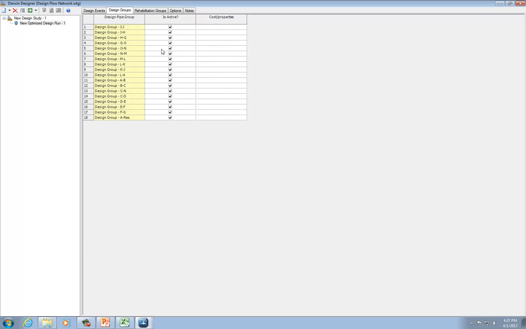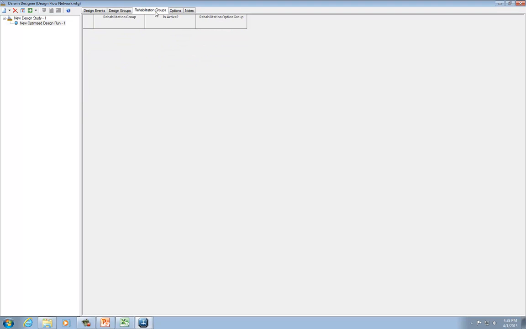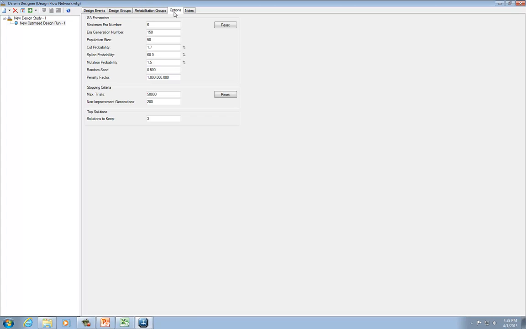So if we go back to this design group, all we have to do is select our new pipe 1, which was the name of our cost and properties section. And I'm just going to use Control-C and Control-V to paste these in. Once again, it helps everything go by more quickly. We don't have to worry about the rehabilitation group tab. And under options, this is the last tab we have to worry about,